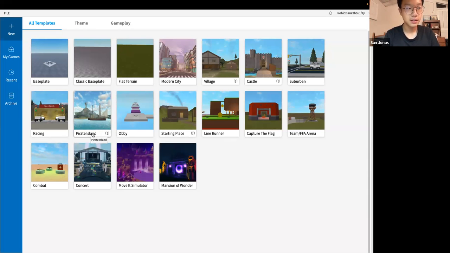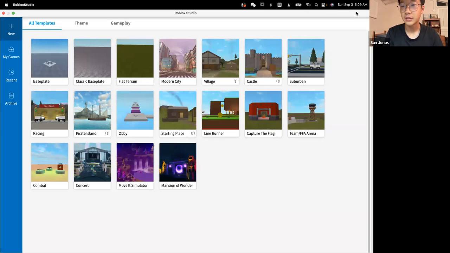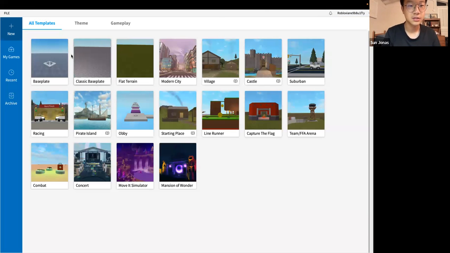I'll give you guys a minute to open Roblox Studio because sometimes it takes an upgrade, and it probably updated this week, so it may take a few minutes to upgrade. And then you should be logged in. If you're not, just log in. Okay, I'm going to click on this first. All right,